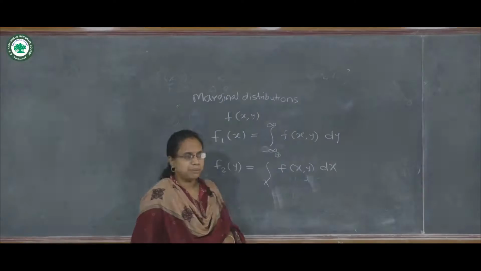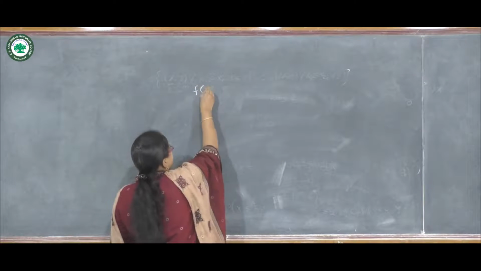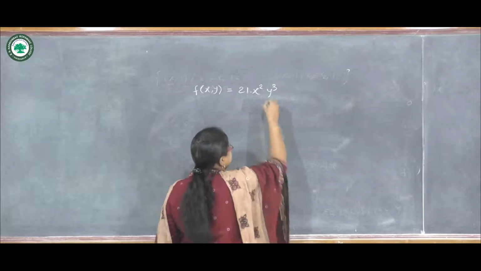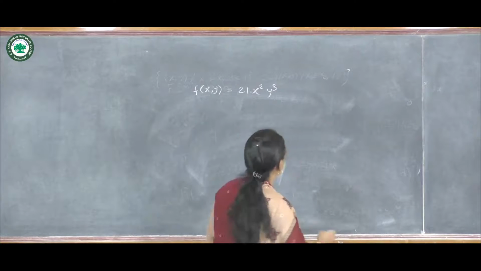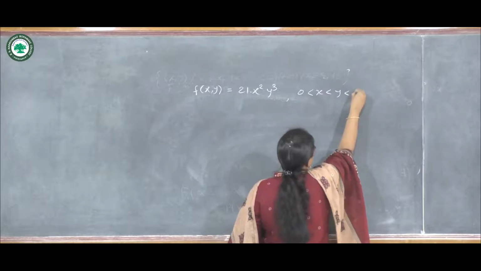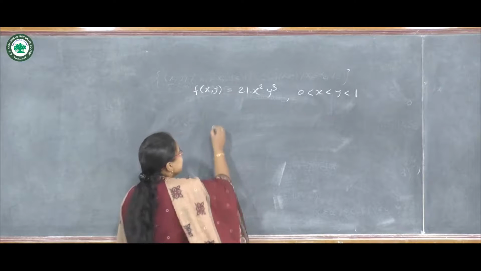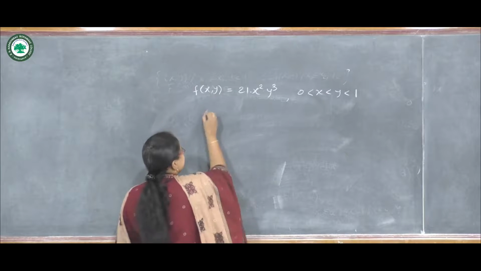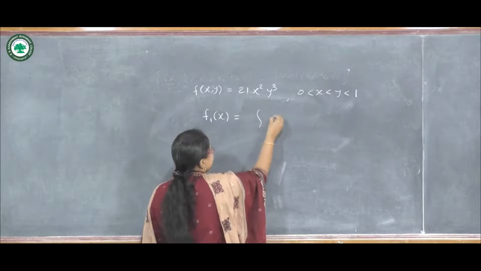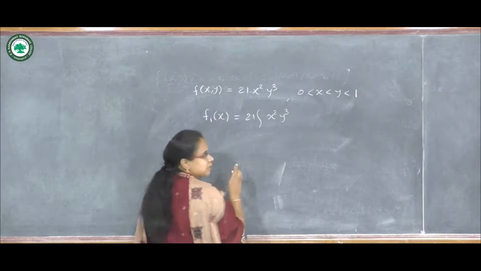Let's take one example. Suppose we are given a joint distribution f of xy, which is 21 into x square into y cube. So this is the given distribution, and this is the range, and we are asked to calculate the marginal distributions of x and y. So in this case we will use our definition. So integrate this f of xy